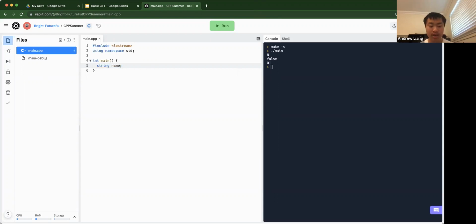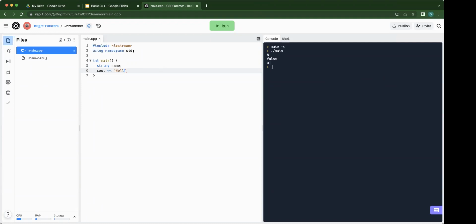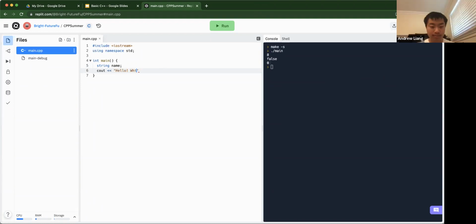So now we have their name, and now let's print out something that will introduce them to the program. Let's ask for their name. As I'm typing along, please copy down. If you already know, you can work ahead. All right, now, if I run this code,